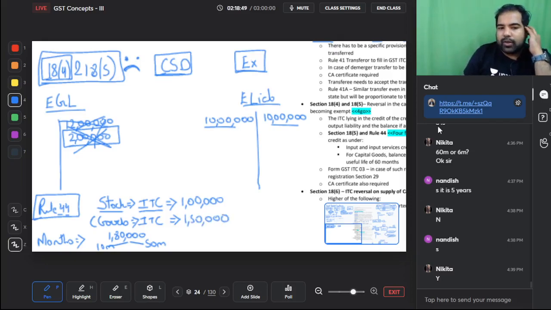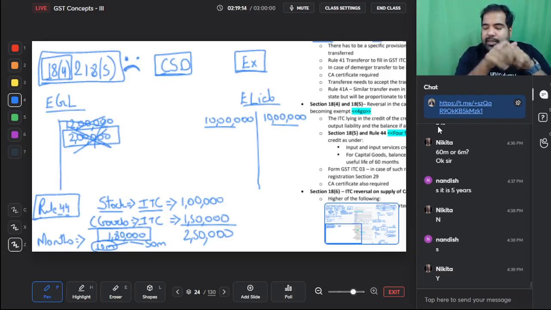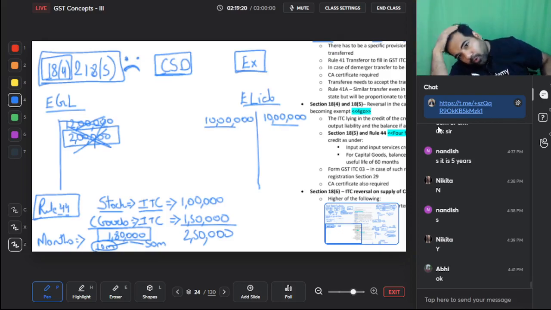Again I repeat, on capital goods you took a credit of 1,80,000, but you don't deserve 1,80,000 because you used the asset only for 10 months. Here is an exception. Here you don't use quarters, you use months. 18.4 and 18.5. And this 2,50,000 you will have to reverse from your credit ledger. Yes, you will have to remove from your credit ledger. Check it, not very important at CA inter level, but still try and see if you can understand this. This is section 18.4 and 18.5. 4 is forego. You have to forego your credit. Why? Because the government will not be happy, so they will not give you credit. And also, whatever credit you've already taken, you have to reverse it.